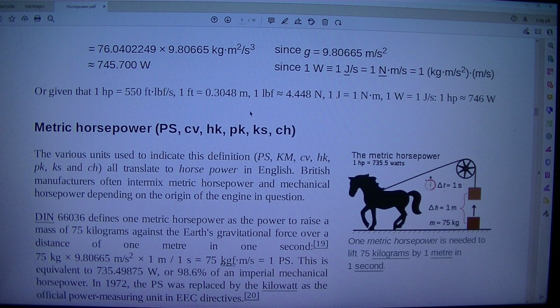0.0665 kilogram m²/s³ equals 9.80665 m/s², almost equal to 745.700 W, since 1 W = 1 J/s = 1 N·m/s = 1 kg·m²/s³, or given that